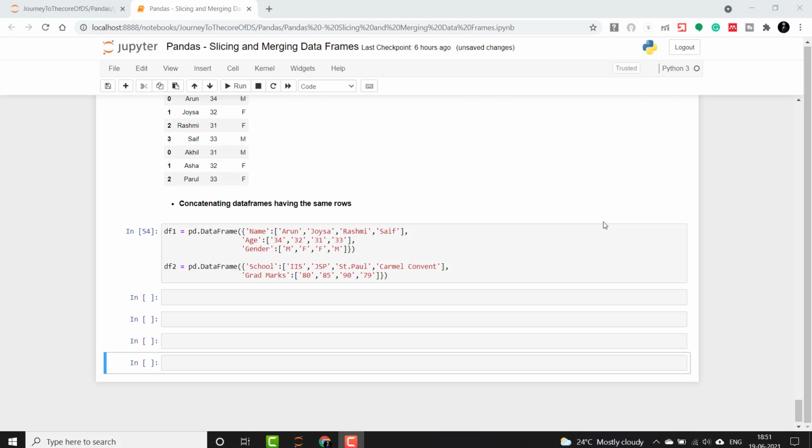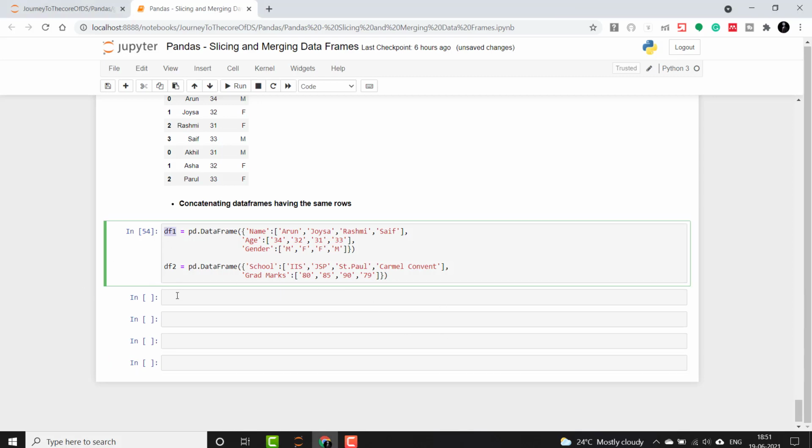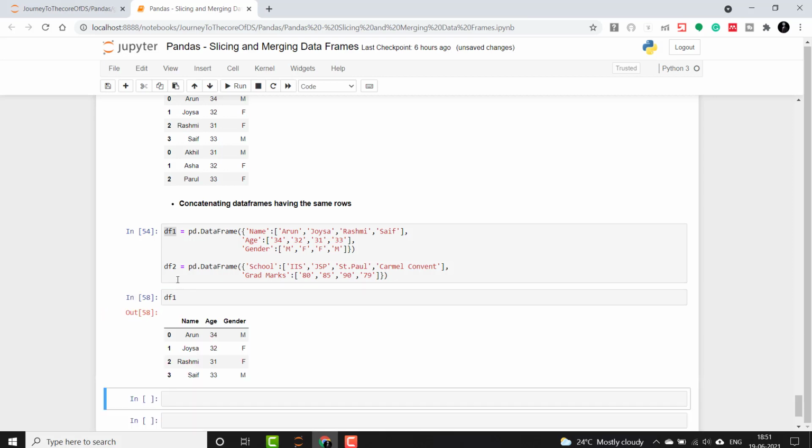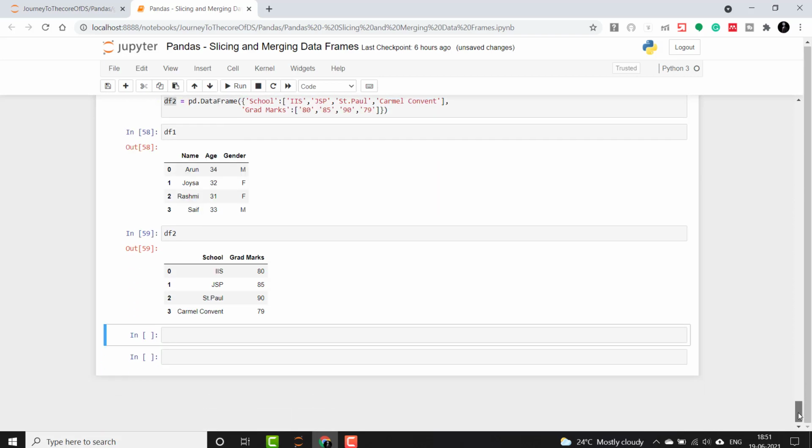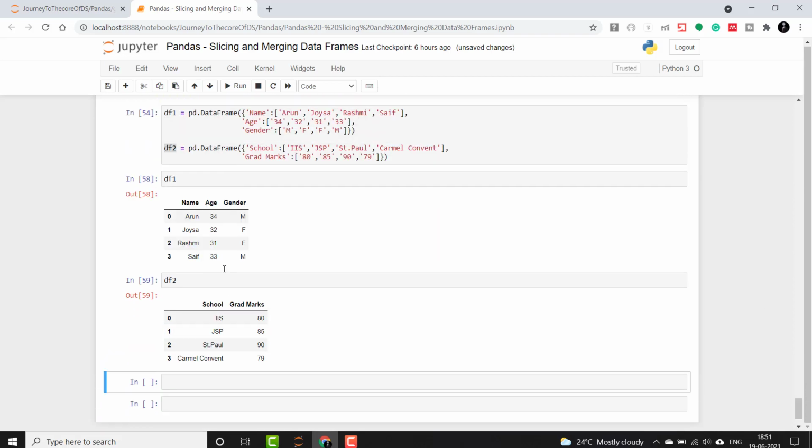Now we shall see the concatenation of data frames having the same rows. So we can also have a data frame having the same rows but different columns and having no common columns, okay. So in this case we may want to concat them side by side, okay. So we will print this. Okay, so what we will do is we will append these columns side by side on this data frame, okay.